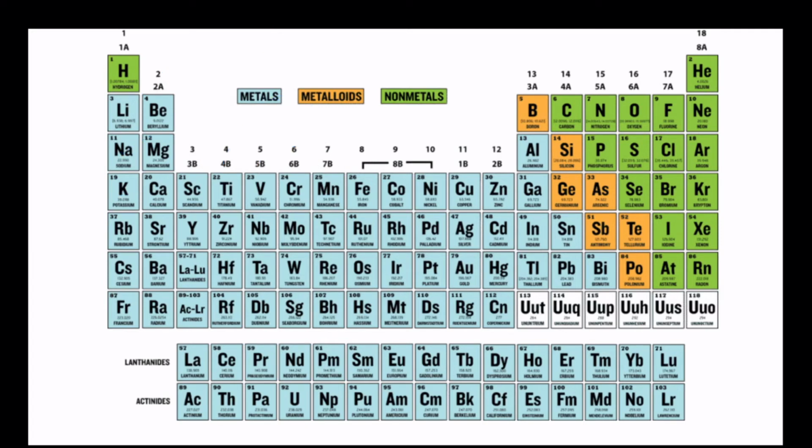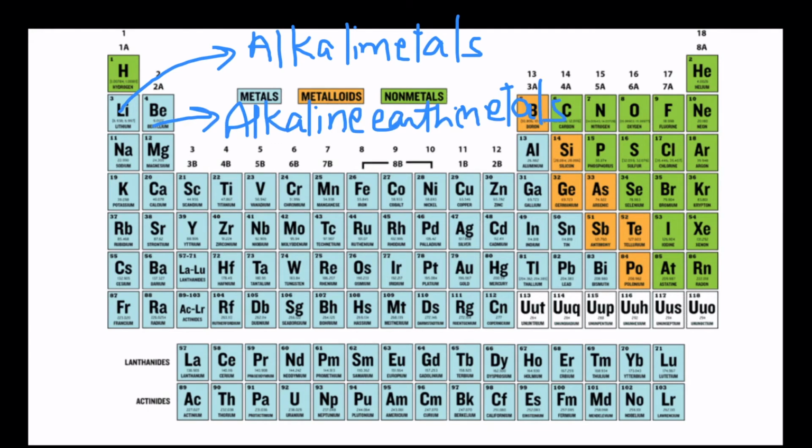The group 1 elements have got a general name, that is alkali metals. Group 2 elements are called alkaline earth metals. Group 17 elements are known as halogens, that is fluorine, chlorine, bromine, iodine. Alkali metals, alkaline earth metals, halogens are highly reactive. Incidentally, the 18th group elements, which are near to the halogens, they are noble gases and they are inert gases.